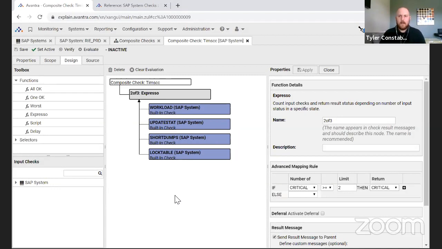You guys, anything else on composite checks? I think that's really it. No, I think that's pretty clear. I think we should dive into